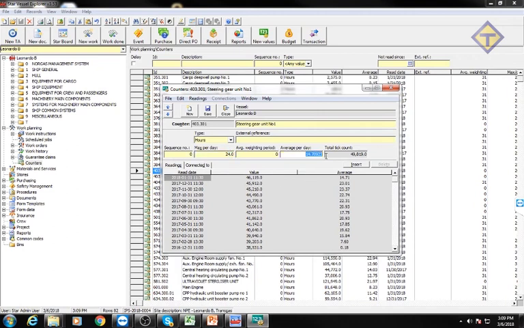Average per day. Okay, so after all this calculation here, let's create an average. That's now 14 hours a day. Here I can define the range I would like to pick up to make this average. If I just put here 30 days, it's going to use the last 30 days to make an average of